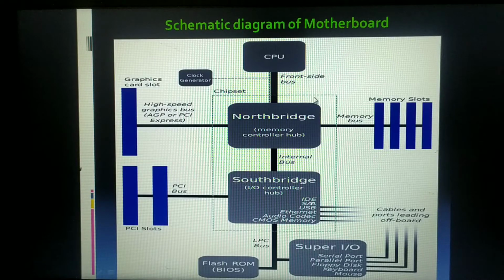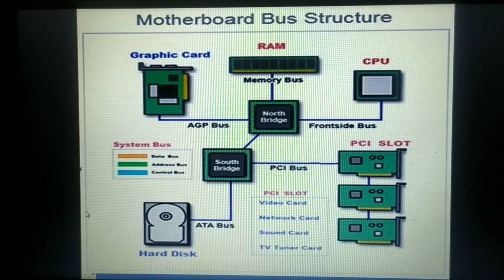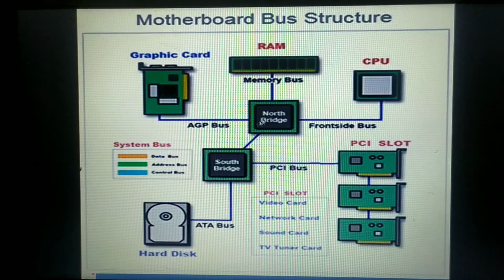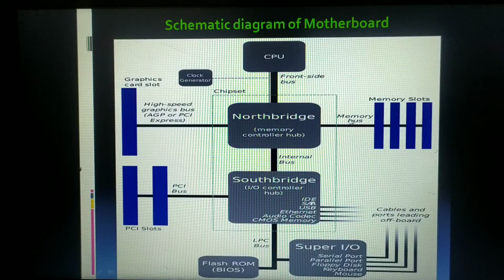The same schematic diagram, I'll show where the devices are replaced with these components. Here, this is the north bridge and the south bridge. This is the CPU. The CPU is connected with the memory slots, and we have the AGP. Here you can see the north bridge is connected with the CPU and with the memory slots. The north bridge is also connected with the AGP or the PCI Express slots. Here also the north bridge is connected with the CPU and RAM slots. If I just show you the memory slots, you may not understand.